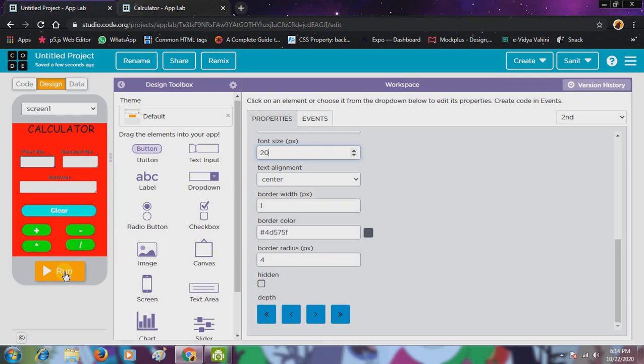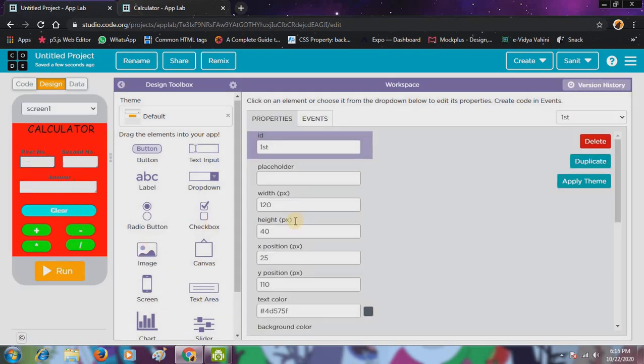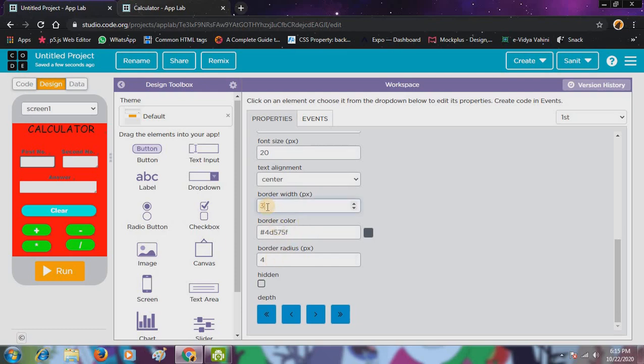So now I am running it. As you can see, it is working. So we have made a calculator in this.